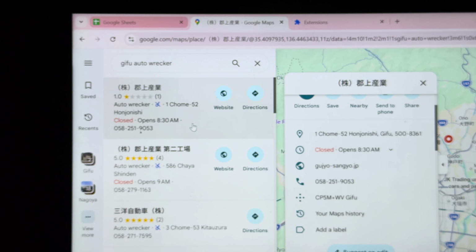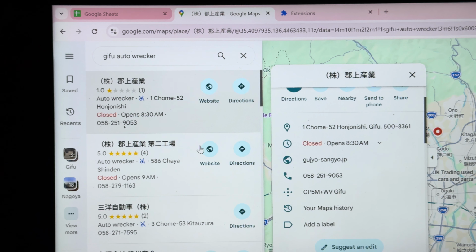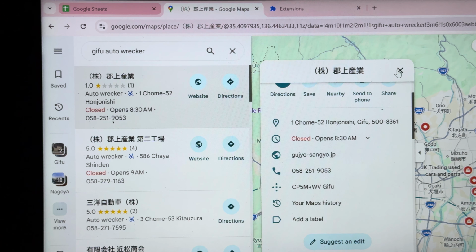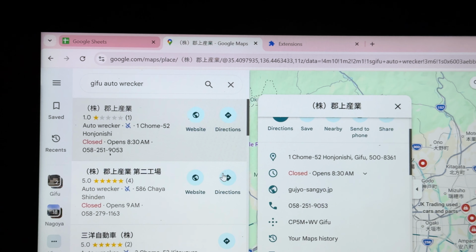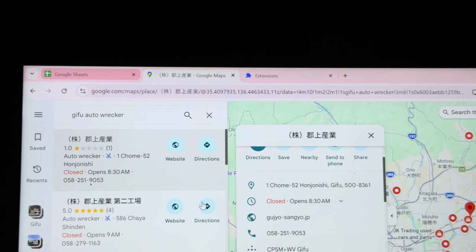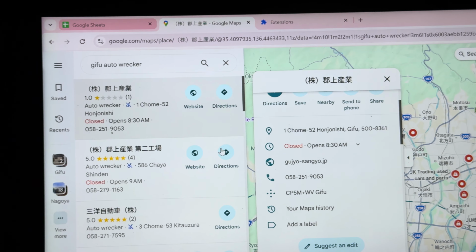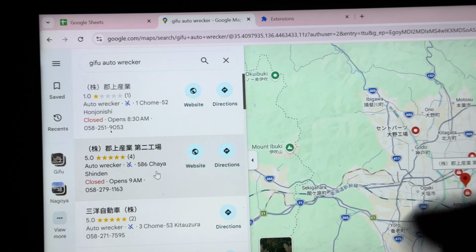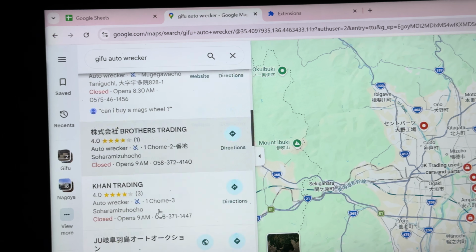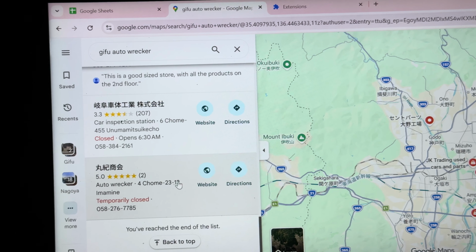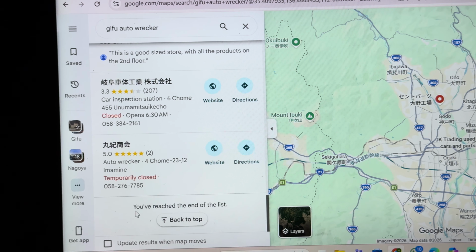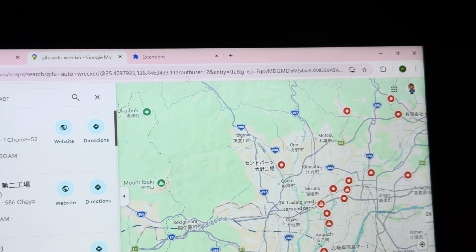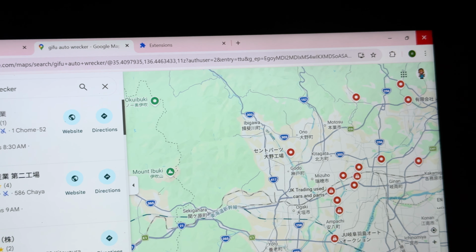Now what you want to do is you have to scroll all the way down so you get all the details loaded in your screen. Load all the data, go down at the very bottom of your search result. You want to see this one, you have reached the end of the list. Now what you want to do is you want to go to your extension